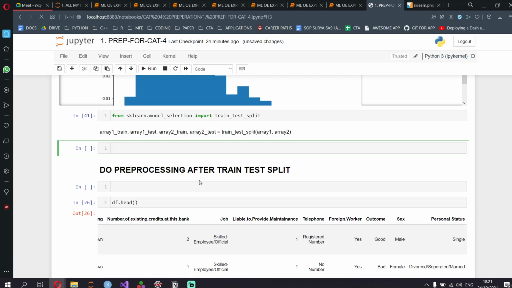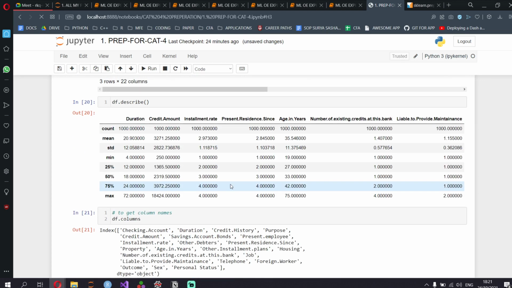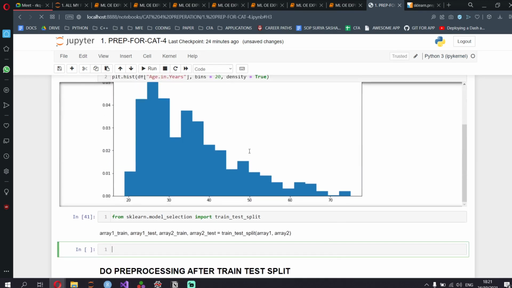So let's try that out. Let's first split our data frame. What you need to recognize is what is going to be array 1 and array 2. Array 1 will be X, which is your features which you're going to train your machine learning model on. Array 2 will be the outcome variable, or Y. That is what you need to predict.